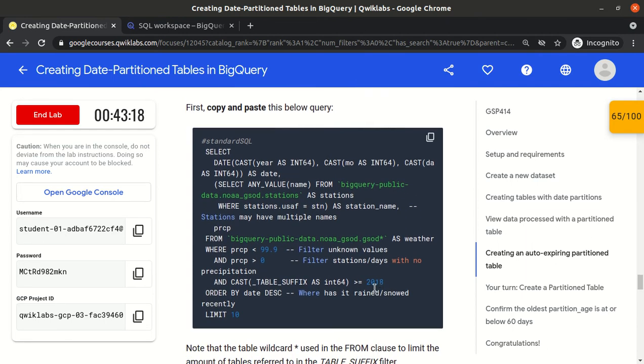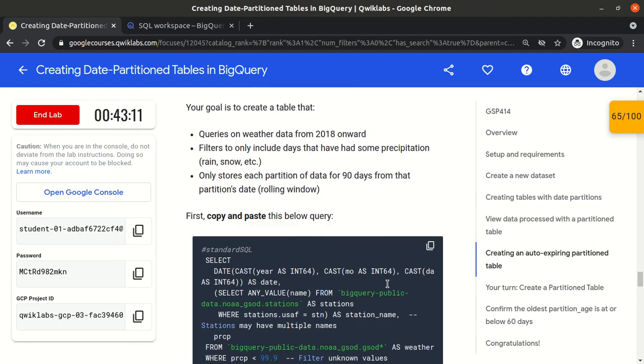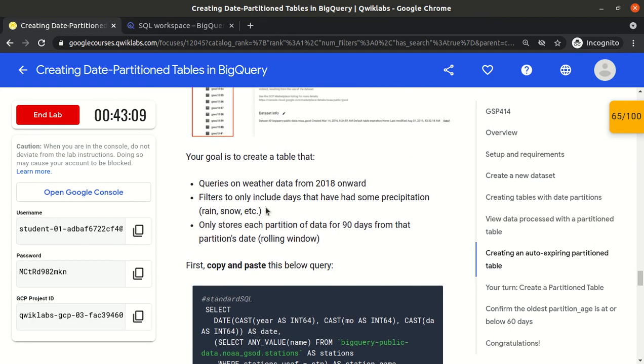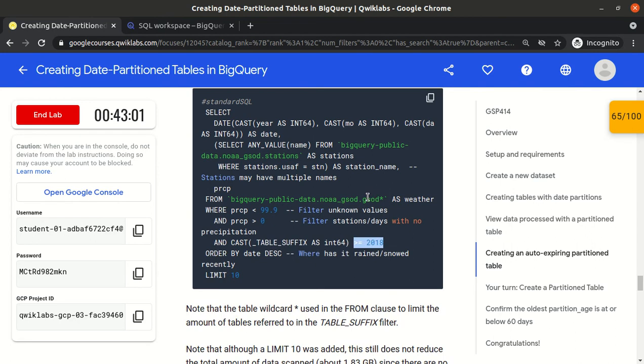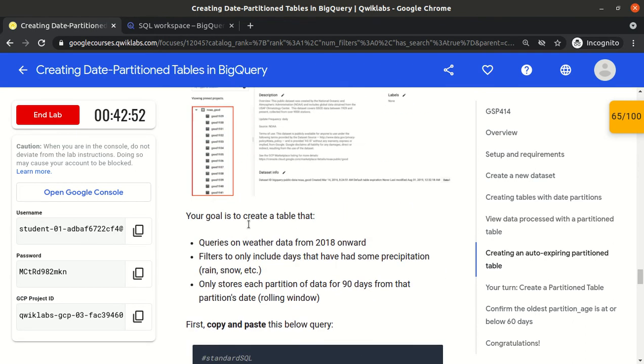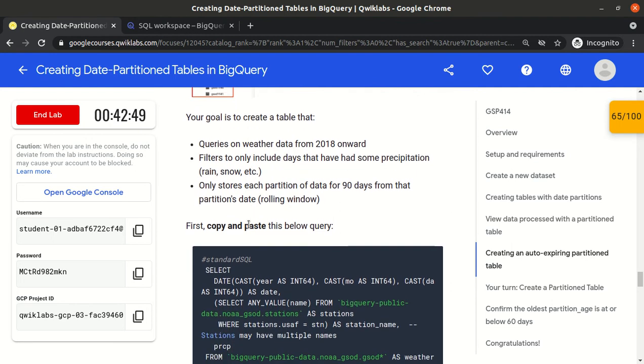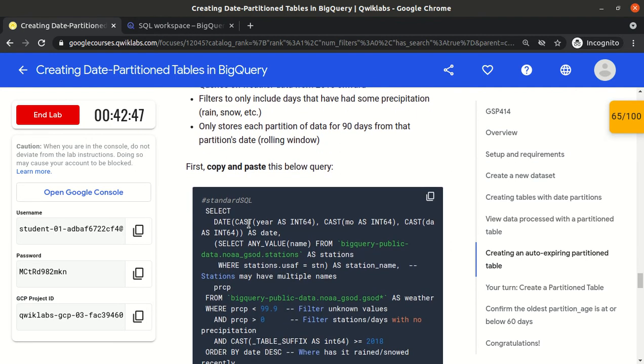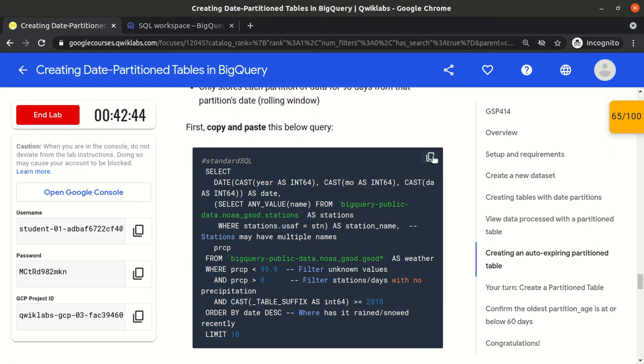So in the where clause we will mention greater than 2018, and they told us that we need to filter on the precipitation. So we are also putting the filter where PRCP is less than 99 and where PRCP is greater than 0. Let's execute this query first.